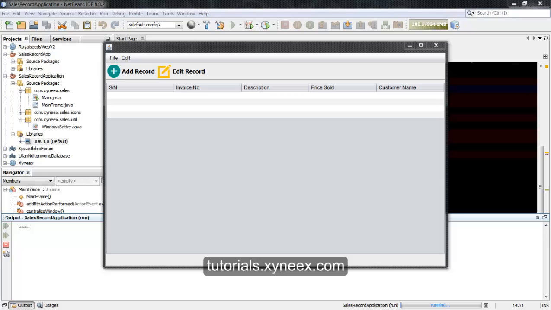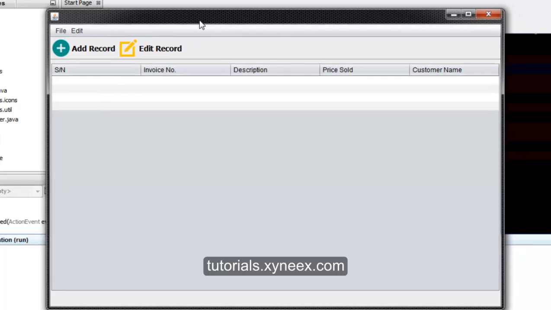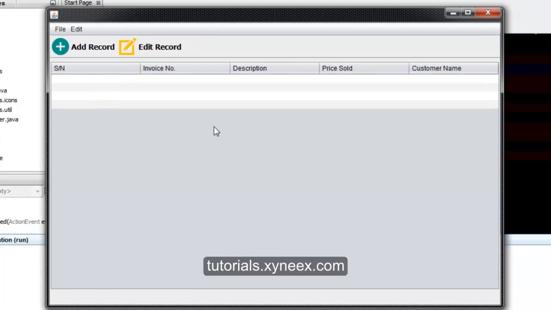What we're gonna do now is to add database functionality to our application. In order for us to be able to store data and retrieve the data that we stored, or also edit the data that we stored, we will need to add a database to the application. In desktop or window applications like this, it's always recommended that we create databases that can be embedded with the